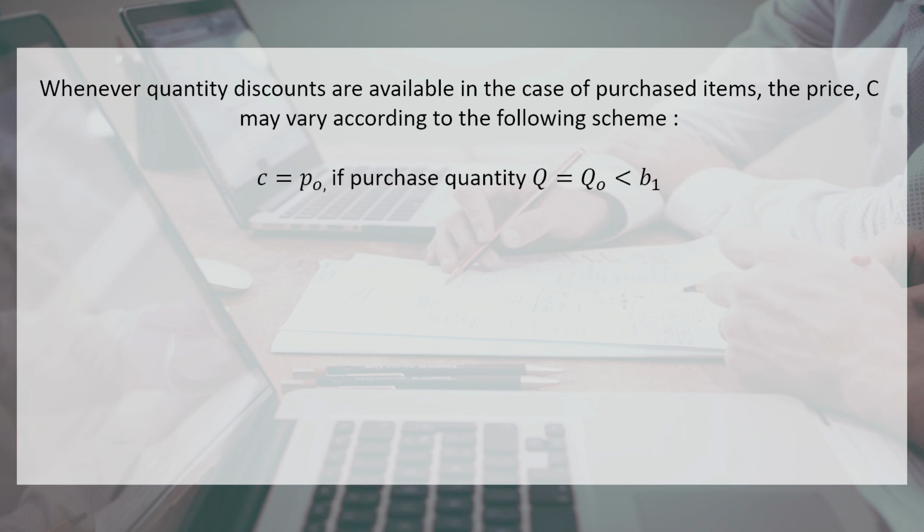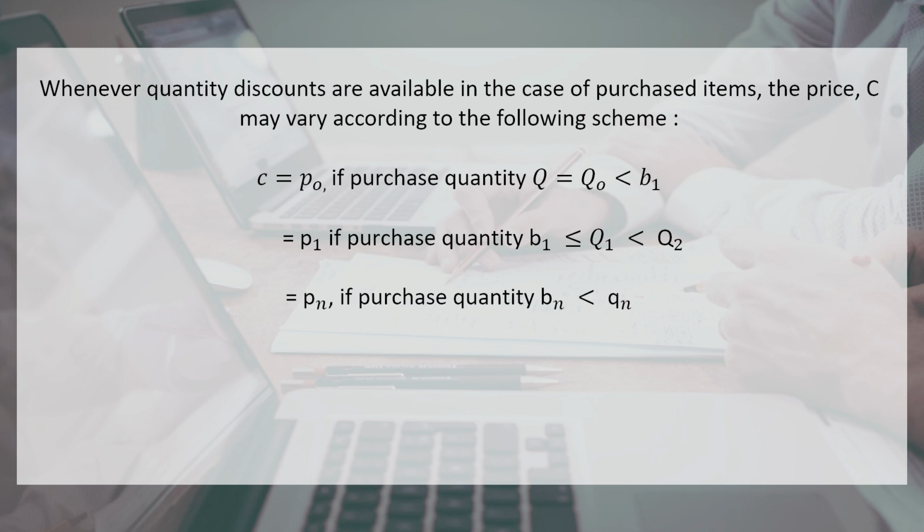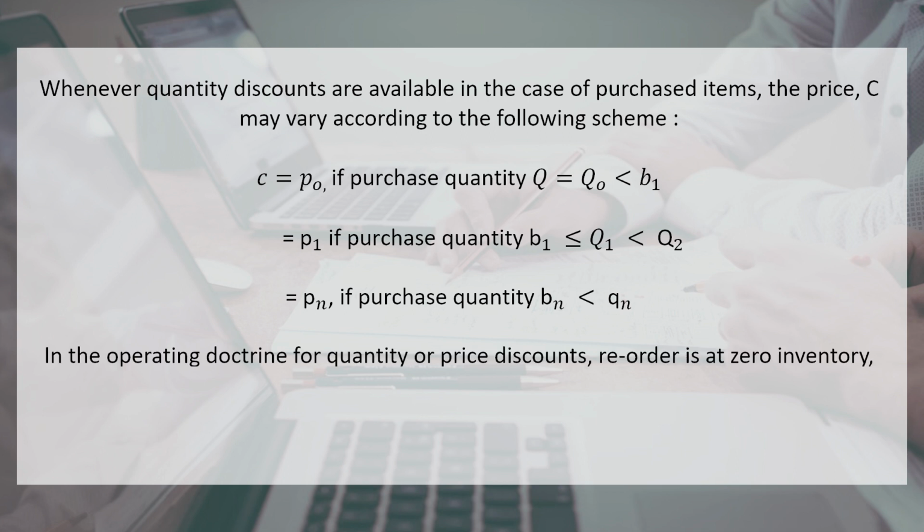So if C is representing the price, that can vary according to the scheme. It will be P0 if purchase quantity Q is less than a certain level, that is B1. It will be P1 if purchase quantity is between B1 and B2, and Pn if purchase quantity is more than Bn. So in the operating doctrine for the quantity or the price discount, reorder is set at zero inventory because you